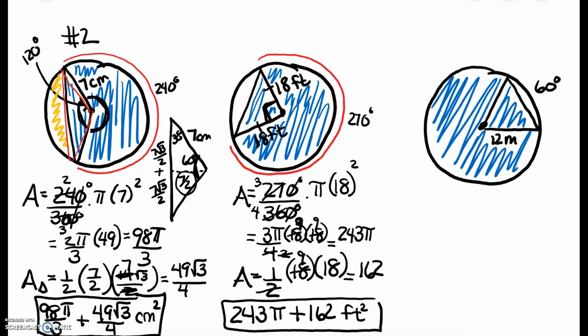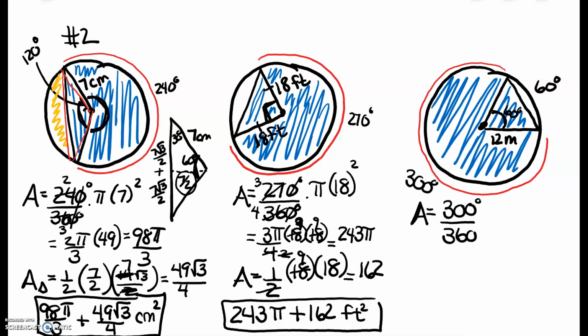And then the last example for these types of problems, I have a 60-degree arc measure, so the angle in my triangle will be 60 degrees. So this arc measure right here is going to be 360 minus 60, which is 300 degrees. So the area of my sector is going to be 300 degrees over 360 degrees times pi times r squared,